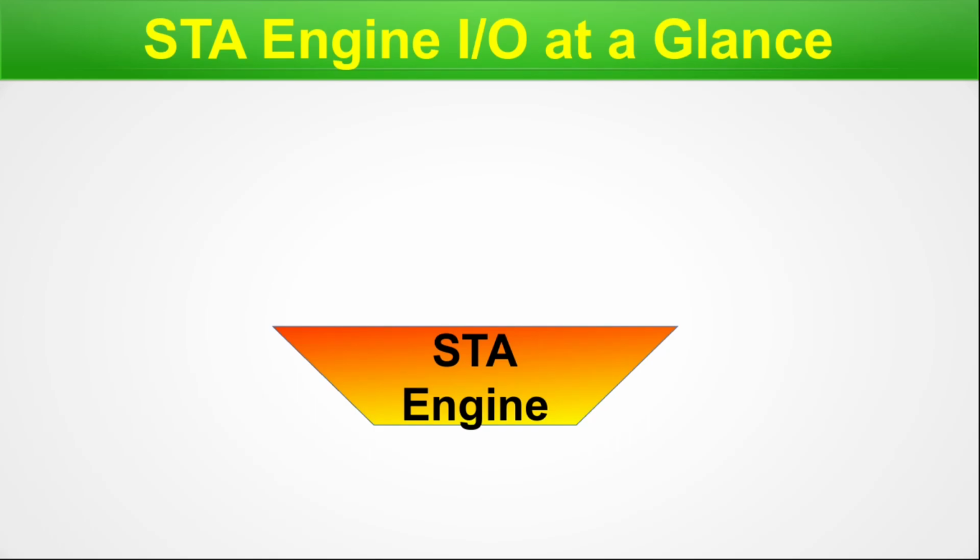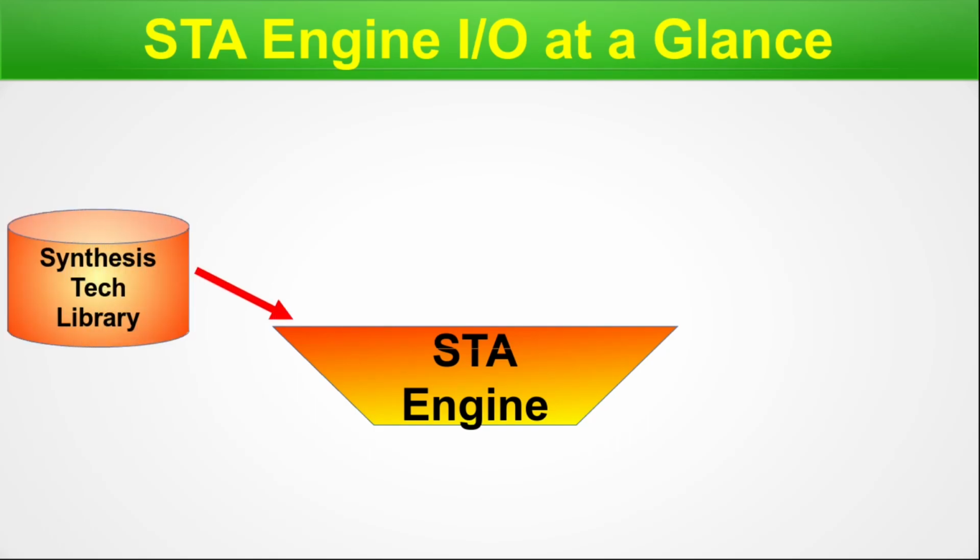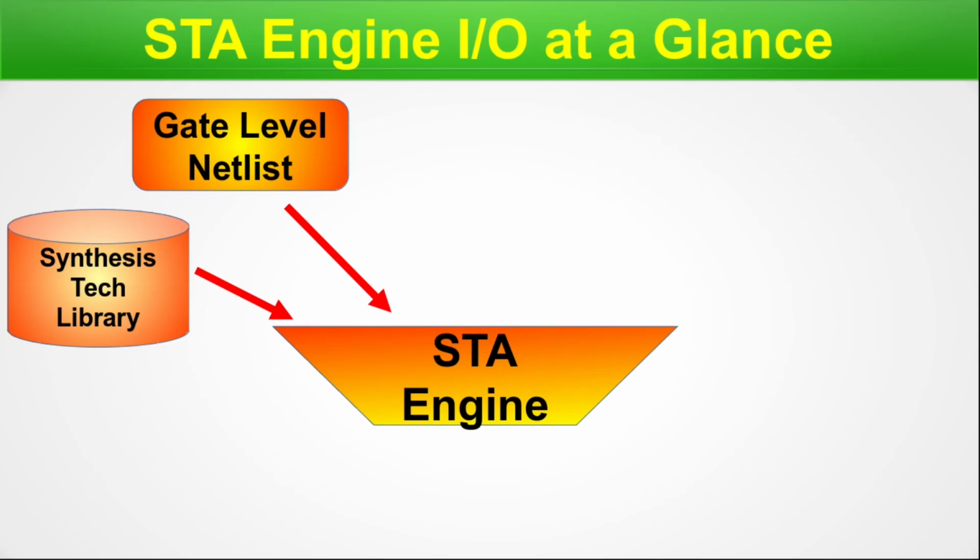Our first input is the synthesis tech library. So guys, basically this comes from the foundry inside the PDK, and this tech library has all the foundry definitions of the gates. The next input is the gate-level netlist. This is designed by the designer team who are designing it at the pre-layout level, that is, the RTL level. This is basically from the front-end part.